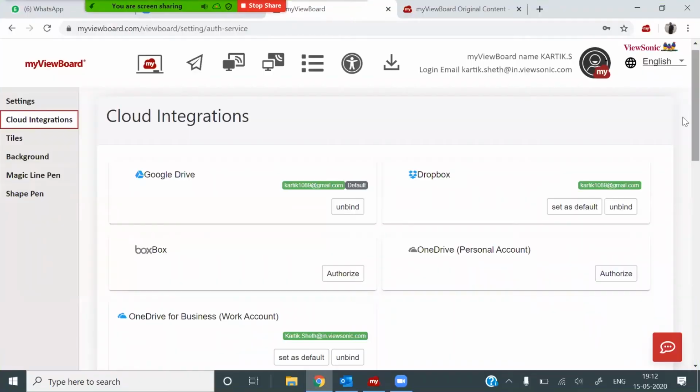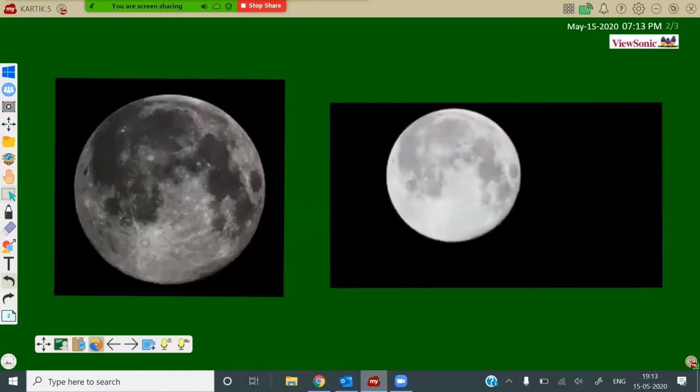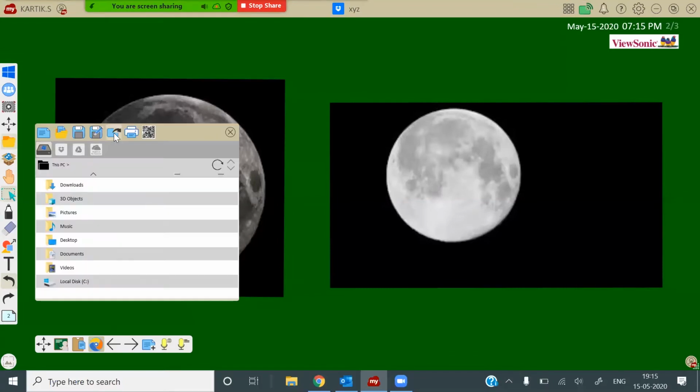Another feature which lets us stand out from the competitors is that we have bound multiple cloud storage services in our software. We have Google Drive, Dropbox, Box, OneDrive. Let's take an example in my software. Their daily lectures are in other formats also in the cloud.